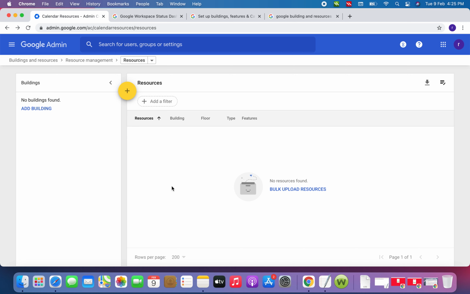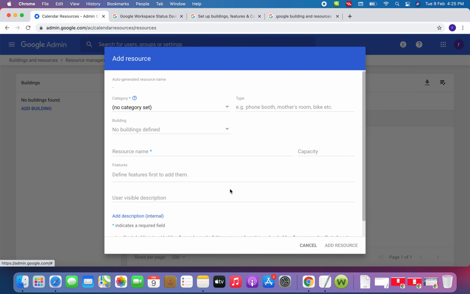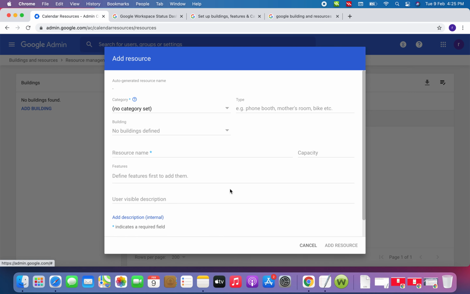So let's add a new resource. There are lots of options available, and you need to fill in the details accordingly. Here you have to choose the category for this resource. I'm going to create an other resource, like projector, vehicle, and so on.